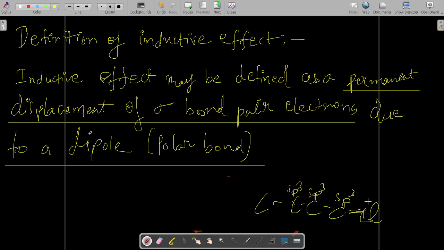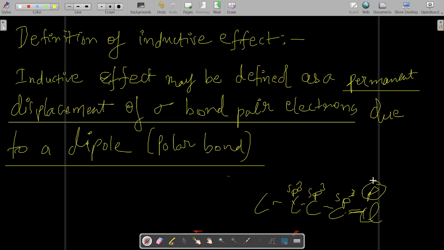There is a p orbital of chlorine, and the p orbital of chlorine overlaps with the sp3 orbital of carbon to give a bond,